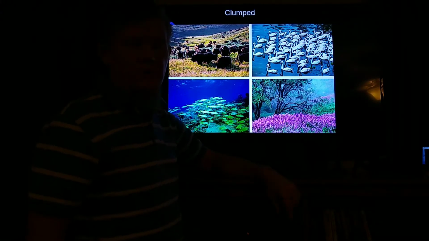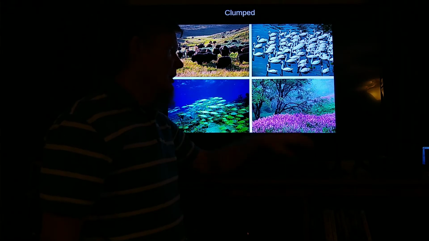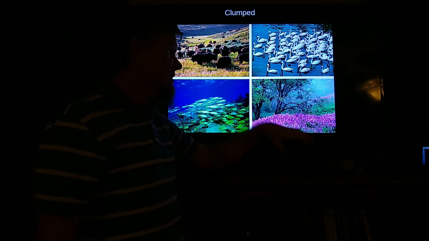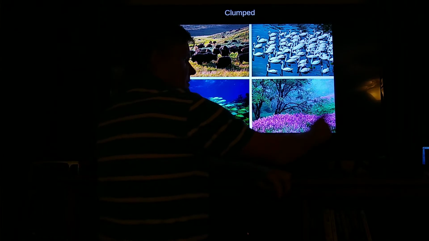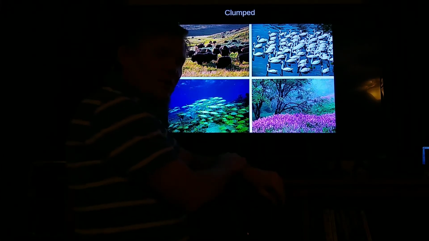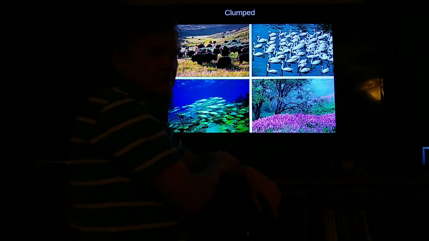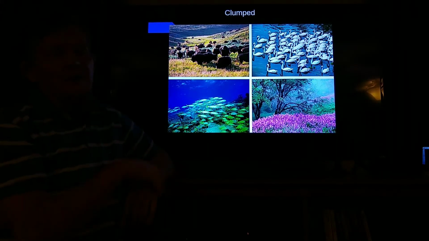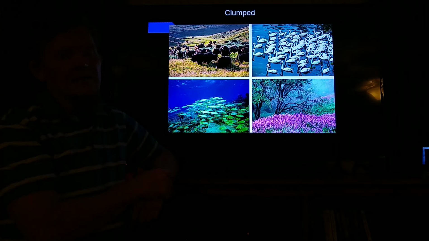These pretty flowers. Again, are they randomly spread throughout the environment, or are they clumped together in one area? Clumped together in one area. The reason why we often find plants specifically clumped together in one area is exemplified by an old saying, and that is that the apple doesn't fall far from the tree.